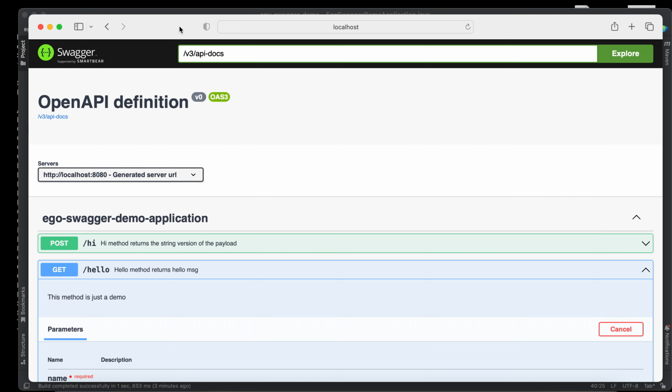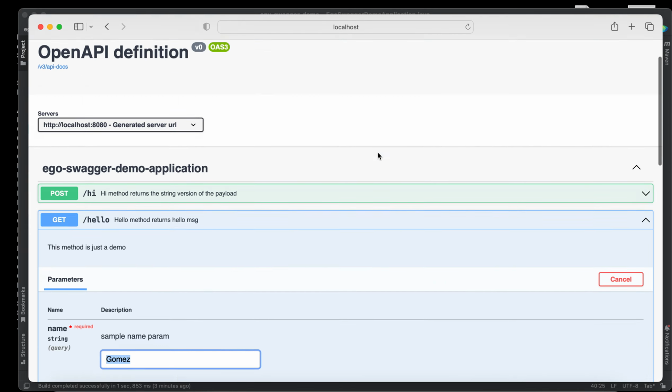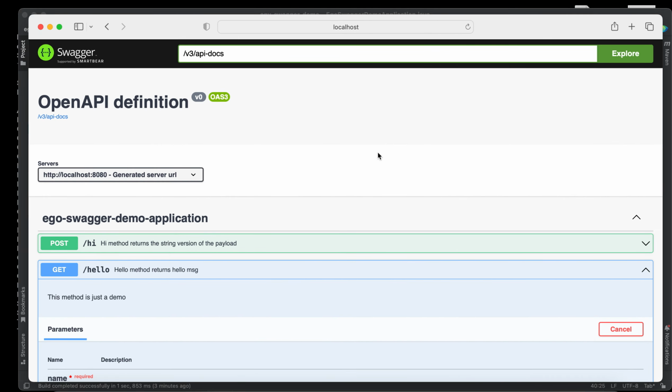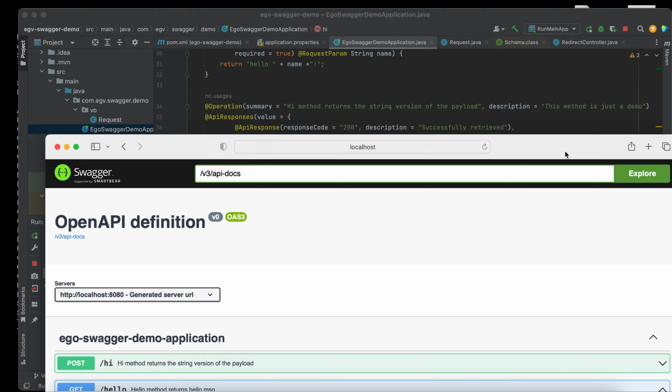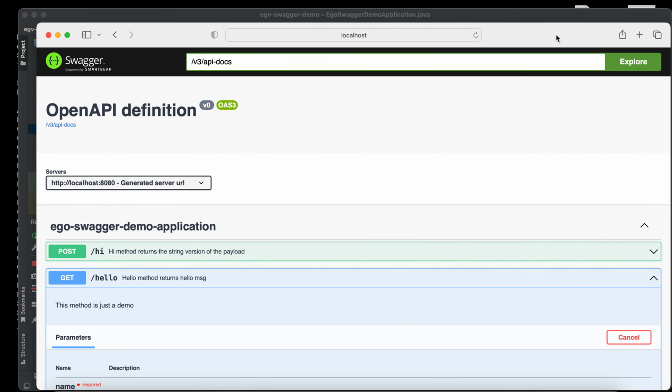If you want to know about AWS Elastic Beanstalk, you can check my previous video. I have some tutorial about AWS Elastic Beanstalk. But as part of this video, I will show you how to deploy our Swagger application in our AWS Elastic Beanstalk.